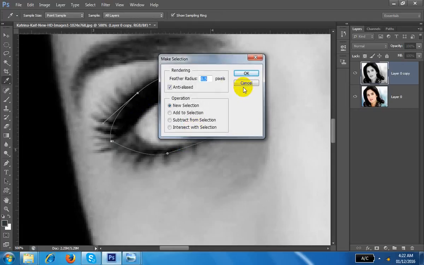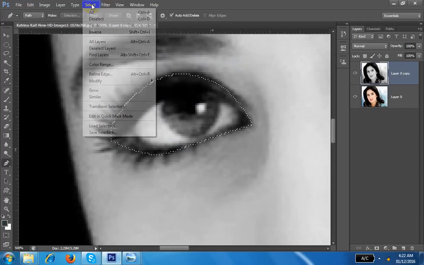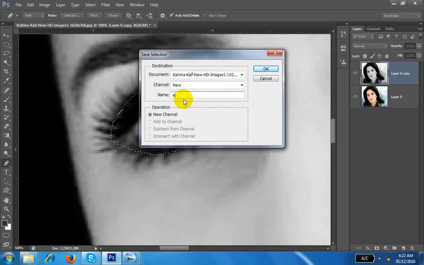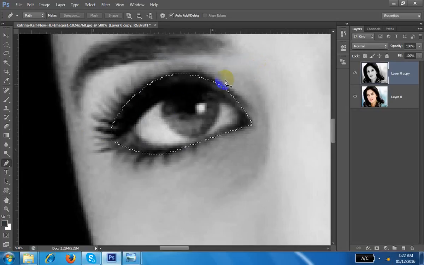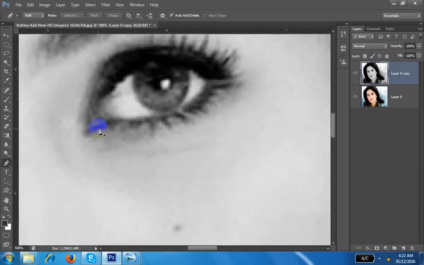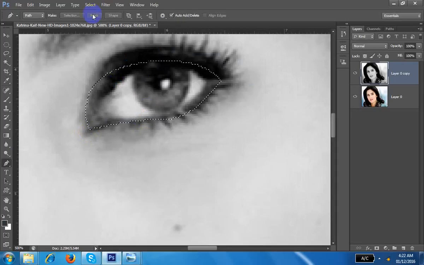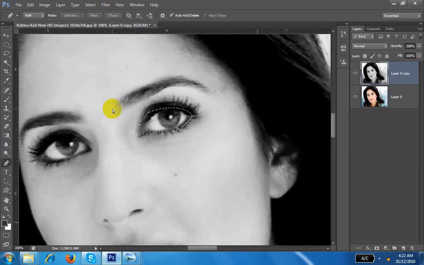So make selection again. This is the eyes. Go to Select, Save Selection, Eyes, I1. Okay. Go there, select the selection. I am doing it very fast. You can make the selection, and you know.